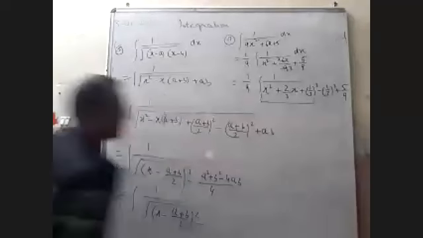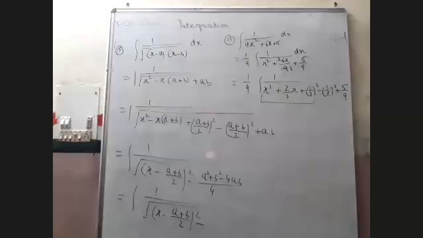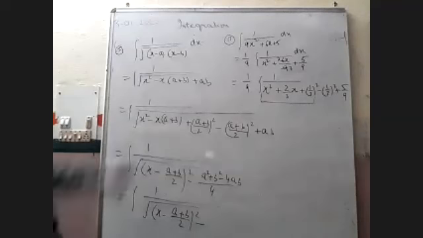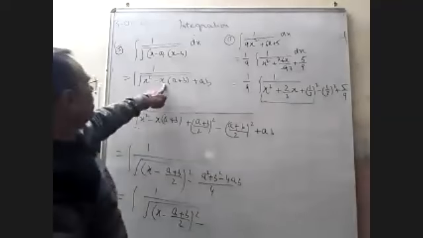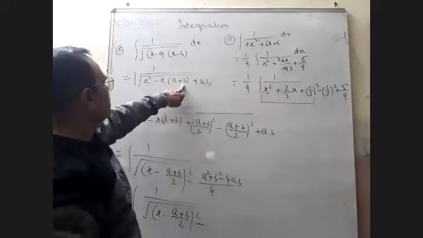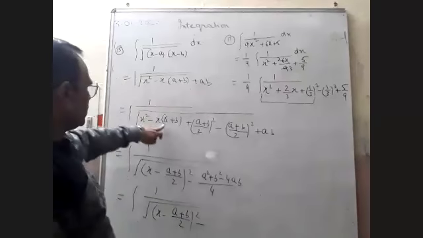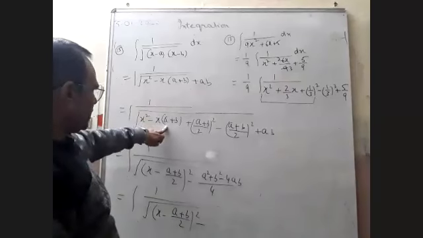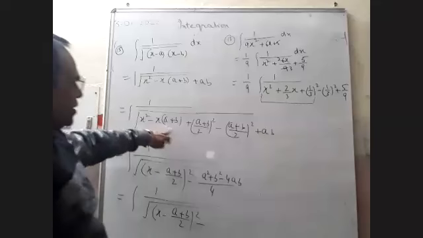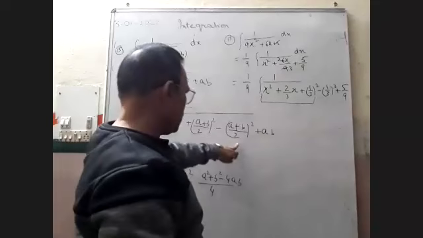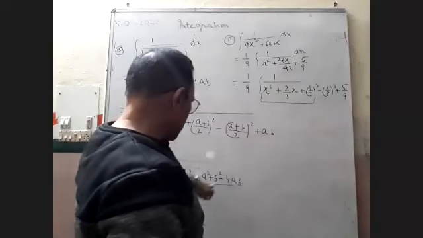You can write x square minus ax minus bx plus ab. We have divided by 2. We added a plus b upon 2 square and subtracted a plus b upon 2 square. A square plus b square minus